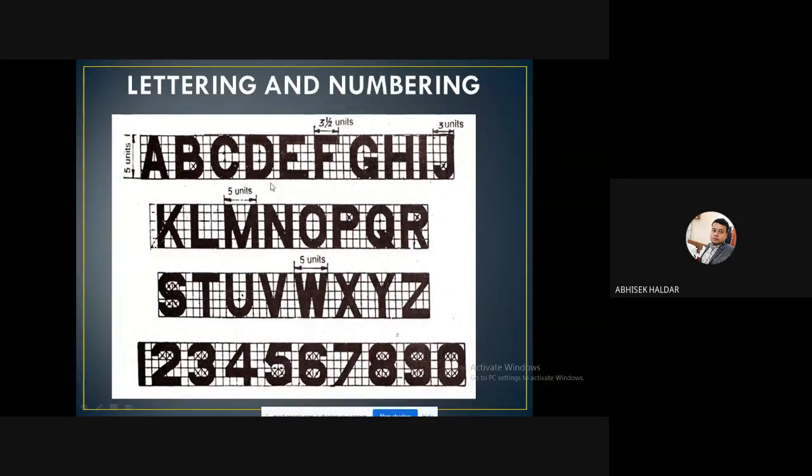Obviously these two lines should be parallel to each other, and the space between them will be the same. Whatever you write in between, all the fonts will automatically have the same height. Is this point clear, whatever I told right now?